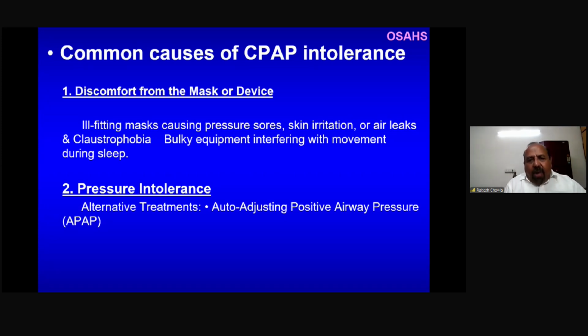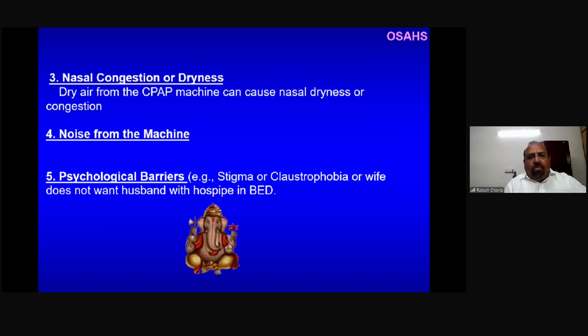If you have done manual titration, I am sure pressure intolerance is gone. With the APAP, sometimes during the events in sleep, the pressure suddenly goes high. Maybe that is not a routine for the patient, but it happens and gives discomfort to the patient. Nasal congestion or dryness, so use of humidifiers. Noises from the machine: we have these days smart, soundless machines with smart algorithms. Psychological barriers, stigma, claustrophobia,